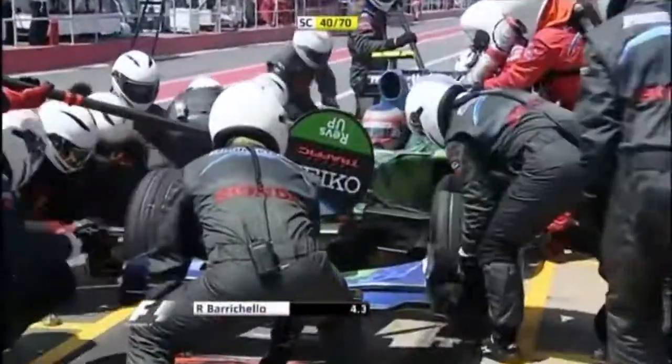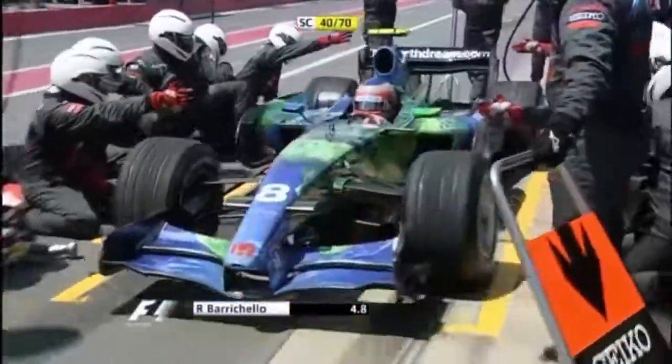Approaching the halfway stage of the Canadian Grand Prix. Lewis